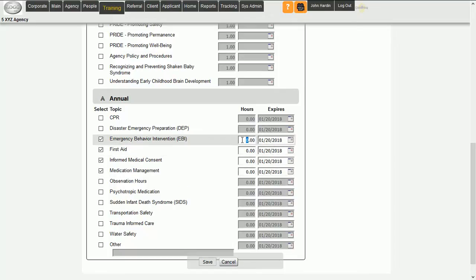And let's say we want to preset hours and decide that's how many hours. We can change expiration dates on each one independently here. And we have now set this data. We now have our topics. We save,